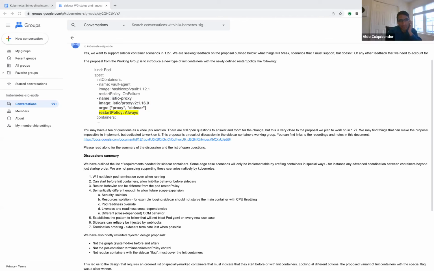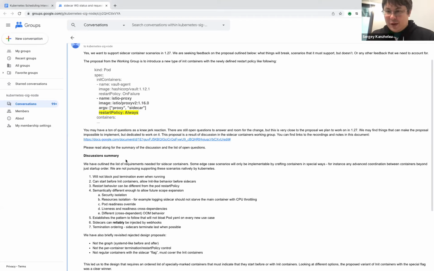What's the best way to get involved here? Is there a CAP already? So we are writing the CAP; early January we will have a CAP out. It's kind of a big change, and we already had 3 or 4 attempts to write this CAP. So this time there's a big working group, and we already got API approval, I mean, API reviewers' approval. So I feel we are in much better shape this time around. So yeah, I will send a CAP link once we have it to this group as well. Thank you.